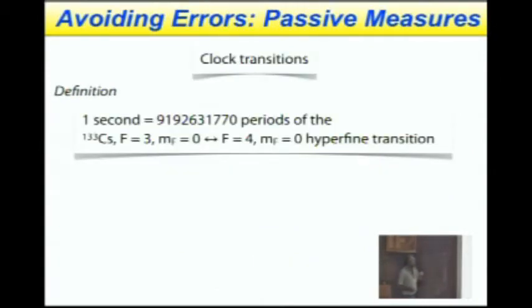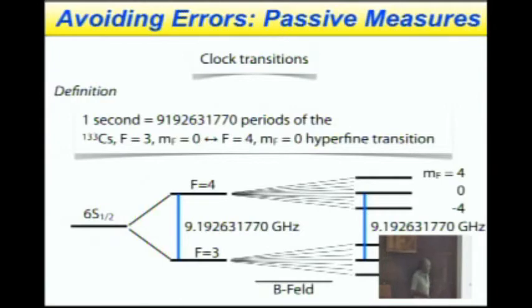Let me start with one of them. That's the passive protection measures. That's the quiet regions in Hilbert space. And I would like to illustrate the principle on a simple example. There are so-called clock transitions. If you look at the definition of the second, this is given in terms of oscillation periods of the hyperfine transitions of cesium-133. Now, that is the splitting between the F = 3 and the F = 4 sublevel of